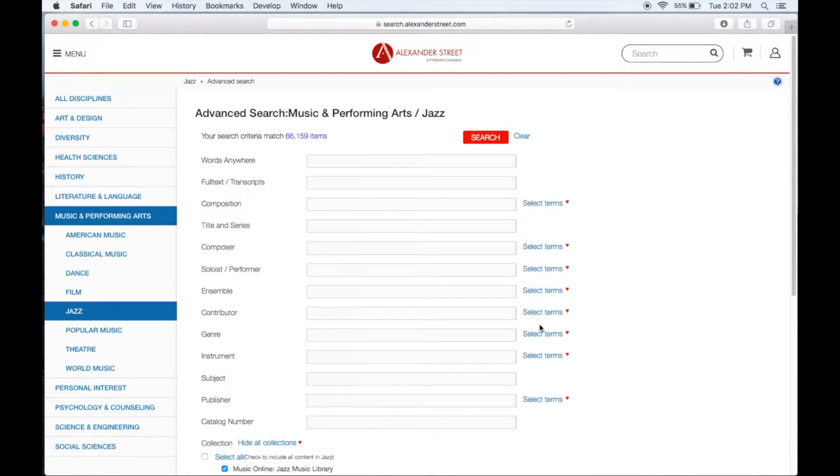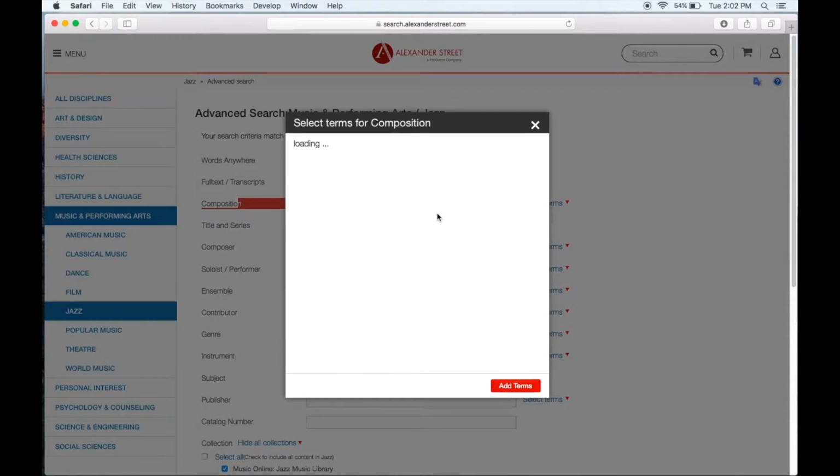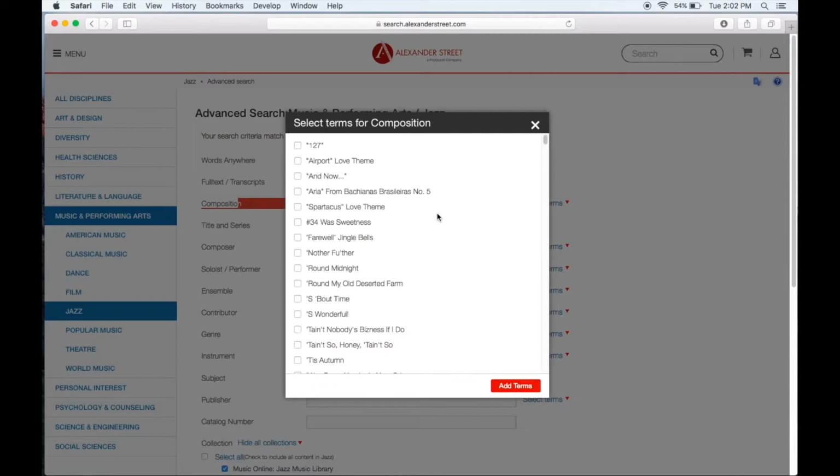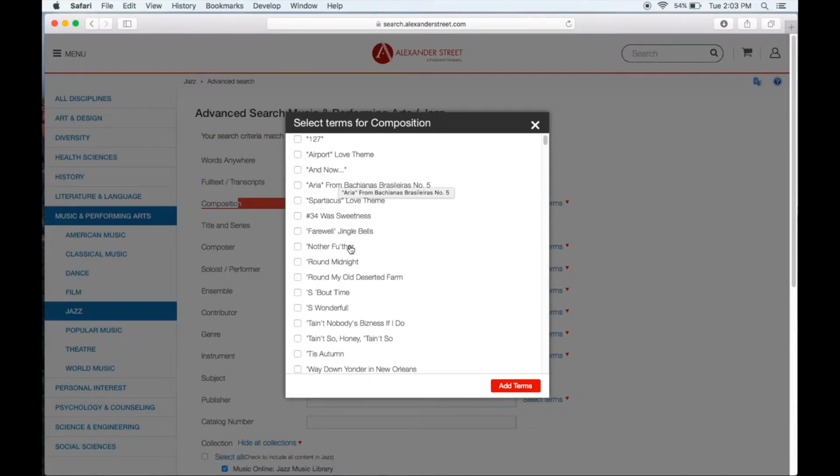And like other sections, using these to their fullest requires thinking a bit about the kinds of music you're looking at. In the case of jazz music, a great place to start that we didn't look at much in other genres is the composition section. Simply because many classic jazz recordings that we'll find here revolve around different performances of compositions that became jazz standards. So let's stop and look at Round Midnight as an example, a great old Thelonious Monk tune. If we add that term and then search,